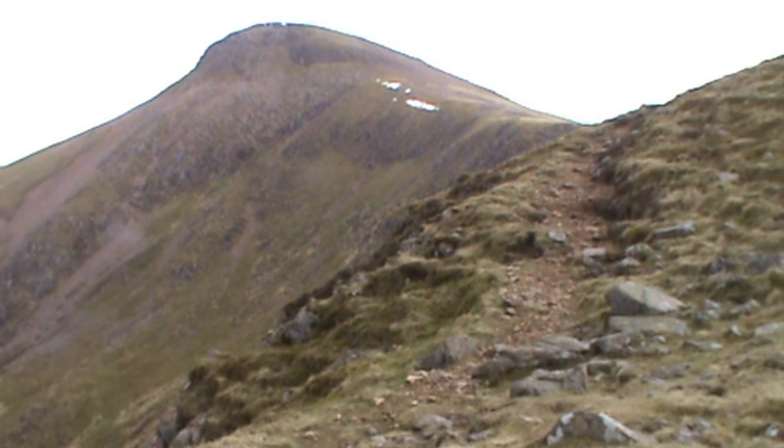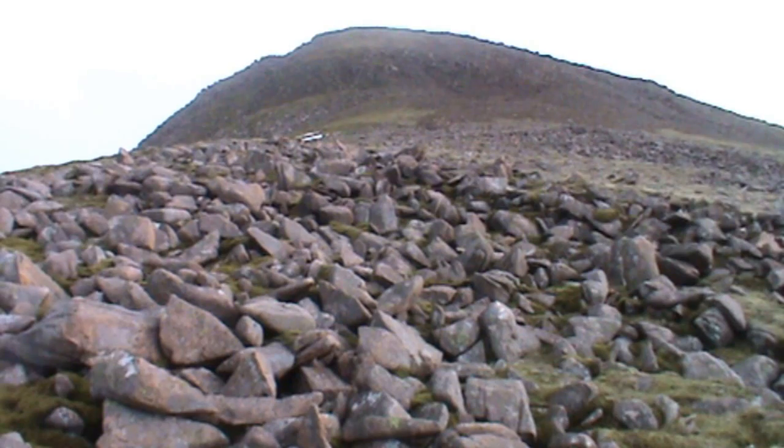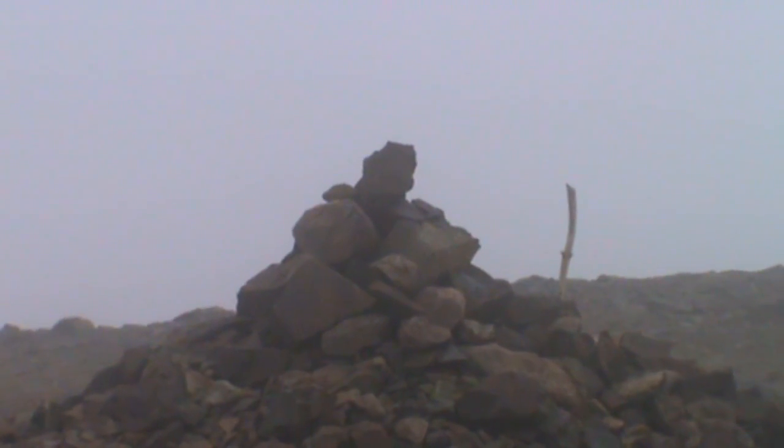top there again, I think, and there's just a tiny bit of snow left. 1st of April. As you can see, the path clings to the edge of the cliff face. You've got to be careful. We keep going. This last 100 feet is quite a steep scramble through the rocks. We keep going. Well, we're on the top now, and as you can see,